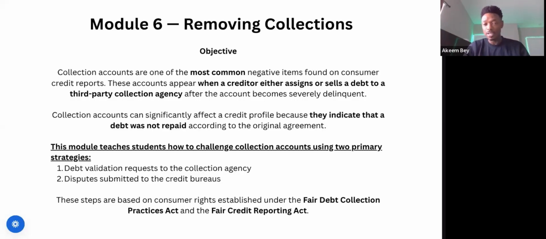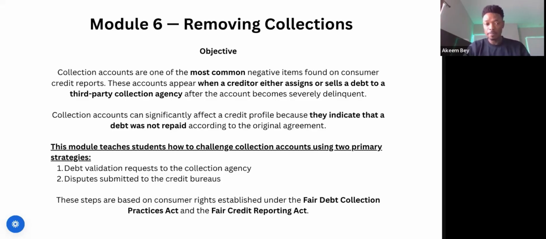Now, the objective here is that collection accounts appear on a consumer credit file when a creditor either assigns or sells a debt to a third-party collection agency after the account becomes severely delinquent. Typically, after 180 days, they'll charge it off, and then they'll send it to a debt collector. And a collection account can significantly affect your credit file because it indicates that a debt was not repaid according